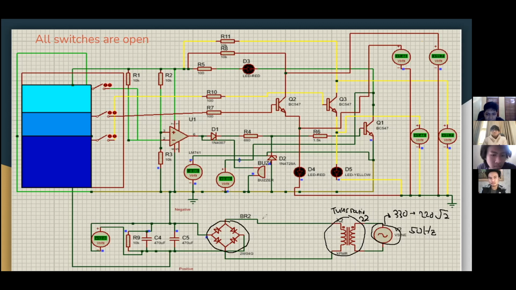So basically I can demonstrate an AC current to be like this. So yeah, it has a positive peak and it also has a negative peak. The function of the full wave rectifier itself is basically making sure that the peak always stays on the positive side. So the output would be like this.